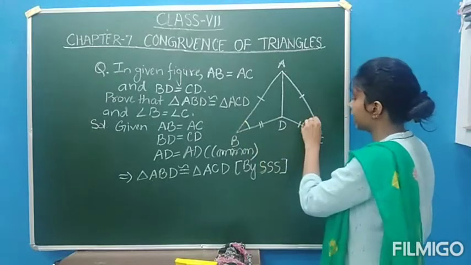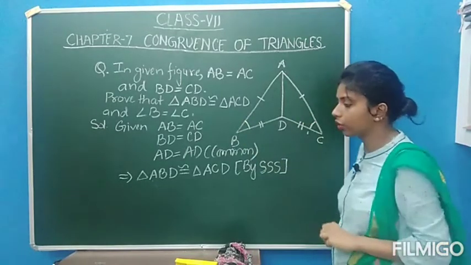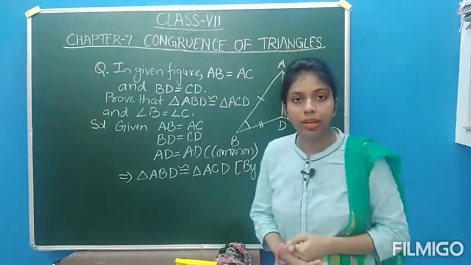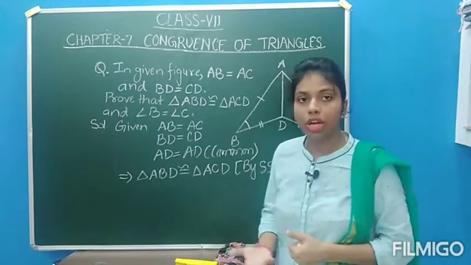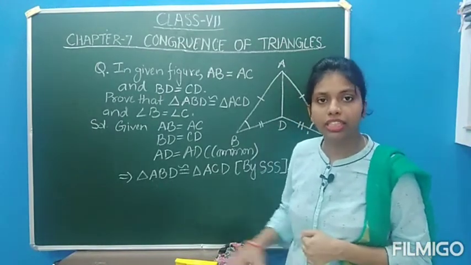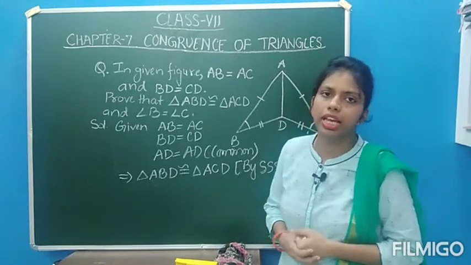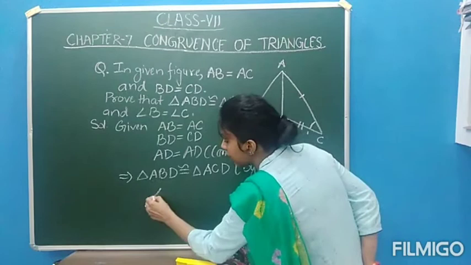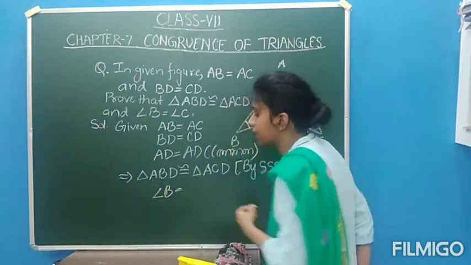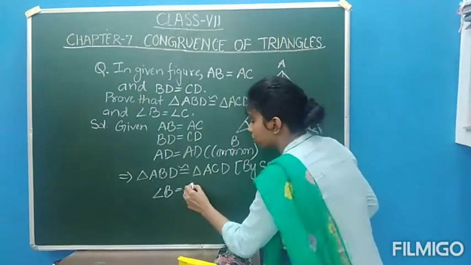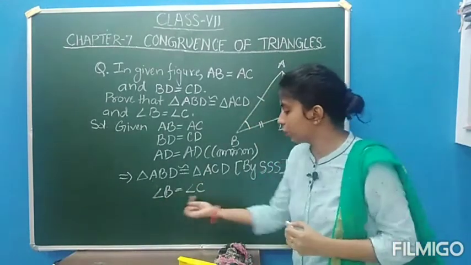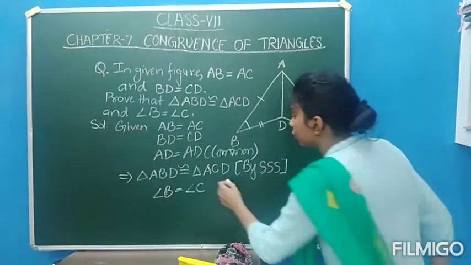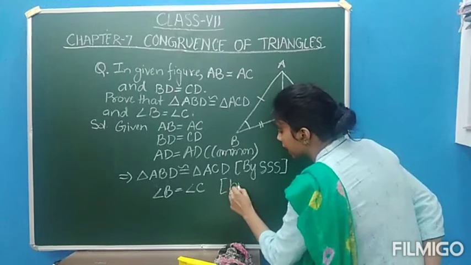Now next we have to prove that angle B is equal to angle C. So this angle must be equal to this. How are we going to prove it? By the same, we know that they are the corresponding parts of these congruent triangles, means they are going to be equal. So here we can say that B is at the middle of this congruent triangle and C is also in the middle. So these are equal to each other. Why? We can give the reason here.